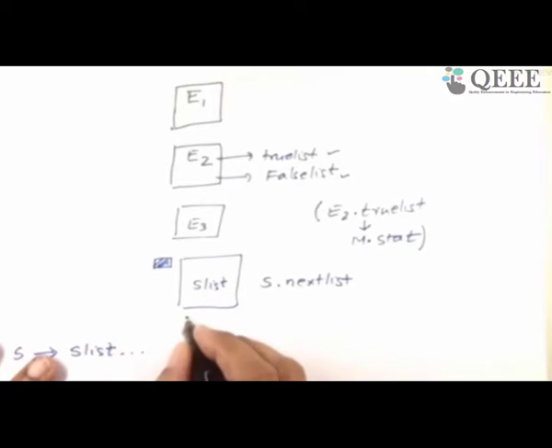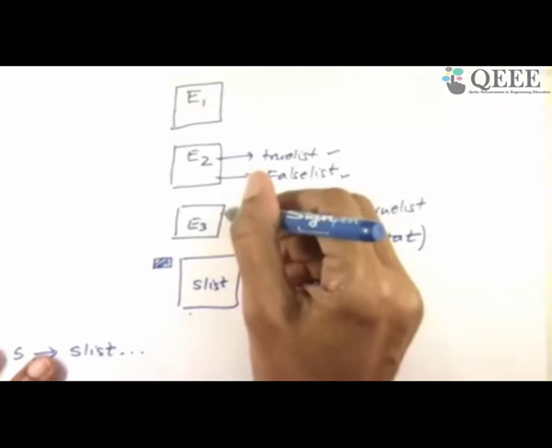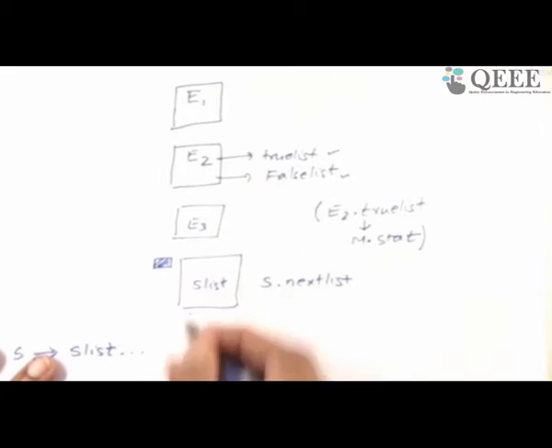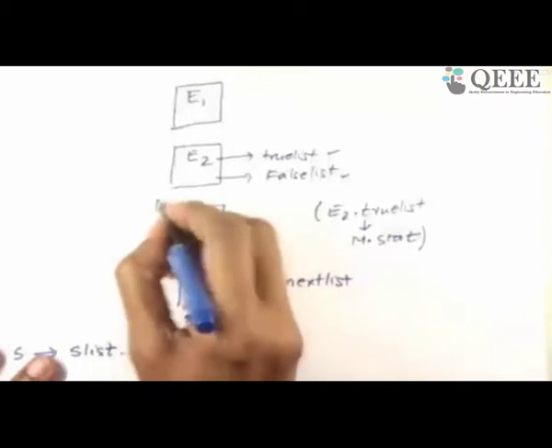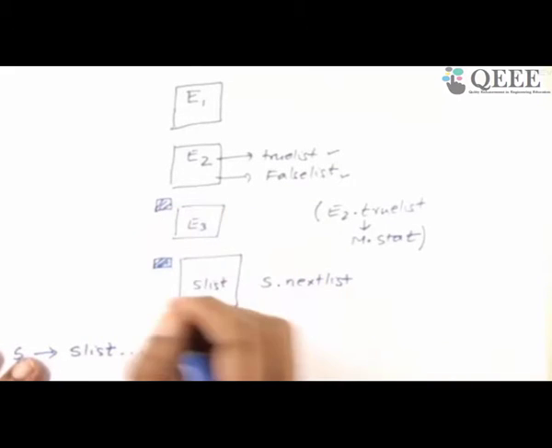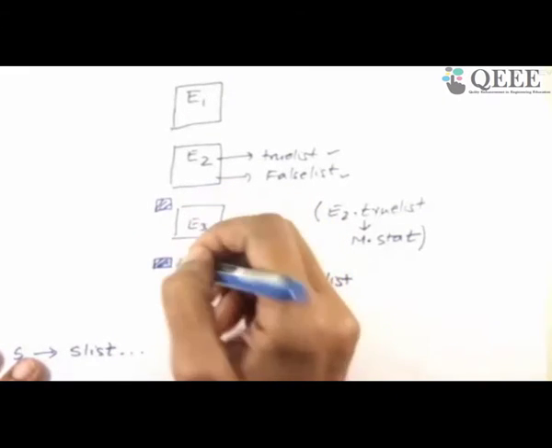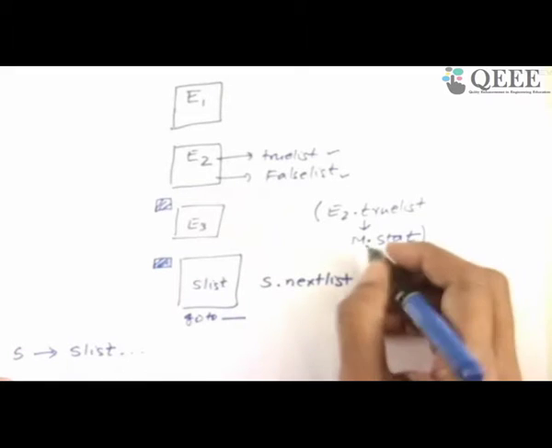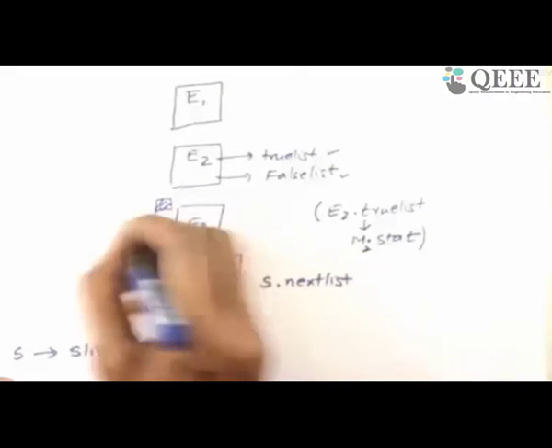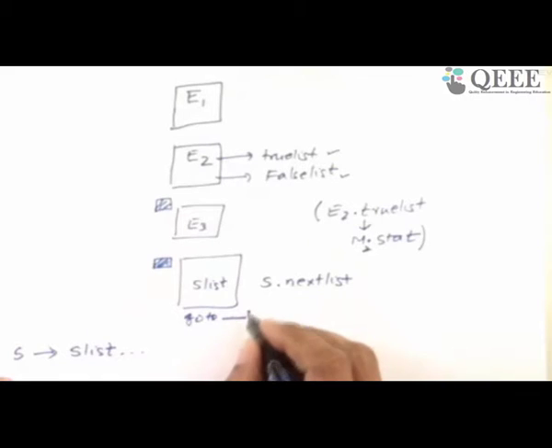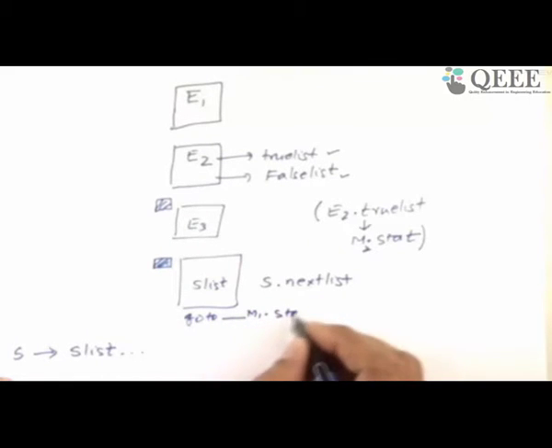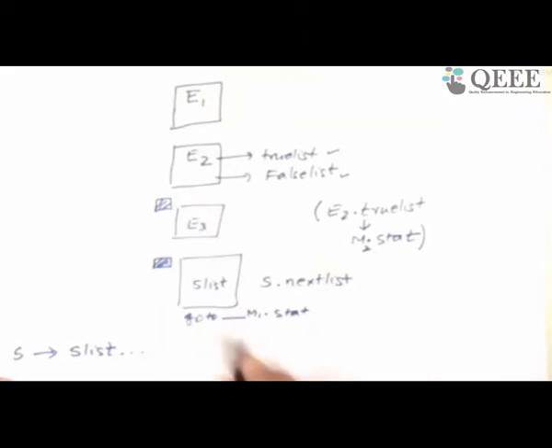After S list is computed, I want to go to E3 for the incrementation, but that is not here. It is against the sequence. So I have to introduce a new goto to make it a for loop. Fortunately, this E3 I can also note down by some other m. So maybe this coming first, that is coming later. Maybe this is m2 dot stat, this will be m1 dot stat. So this one I will make it m1 dot stat, which is the starting of E3. And I can actually make this go directly there. So this I can resolve.